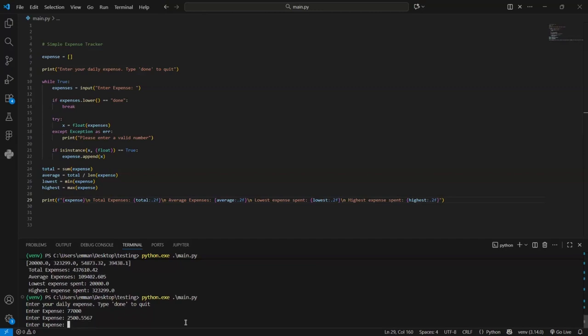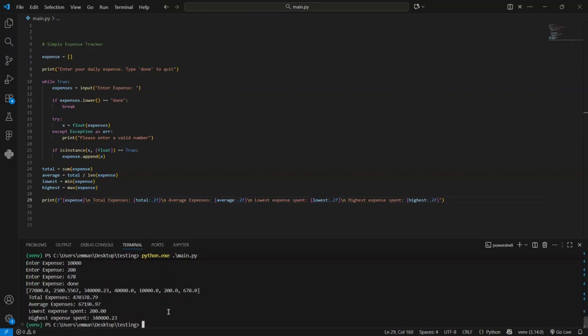And then we have 334, okay, 340,000.2423. And then 40,000 and then 10,000 and then maybe we have 200 and then we have 678. So done. So as you can see, we have the total expense of this, we have the average expense,